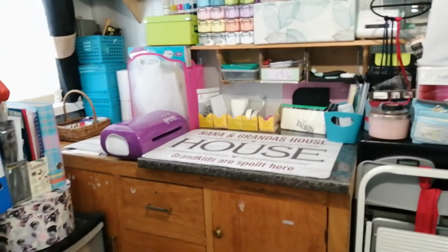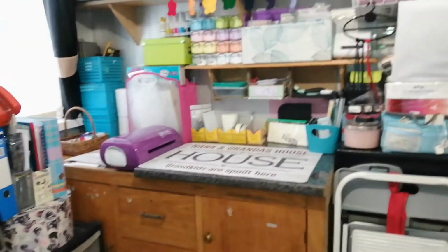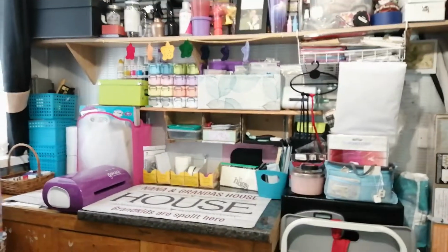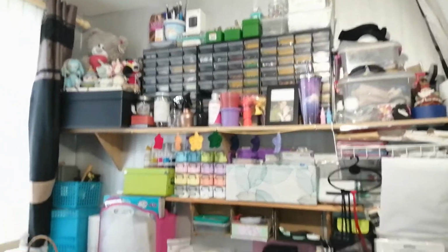And then this corner, we've agreed, not that he disagreed anyway, but I said under no circumstances is that side of the room changing whatsoever. Them drawers up there may change after a while because it's got all my old hand stamping stuff in and what have you, but